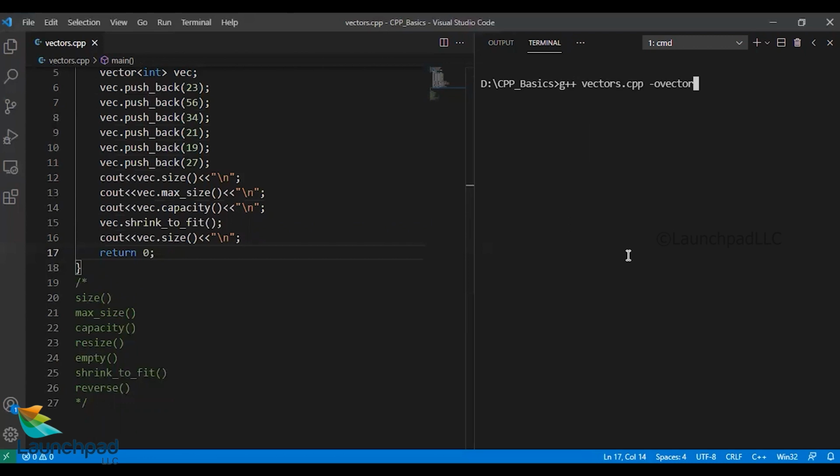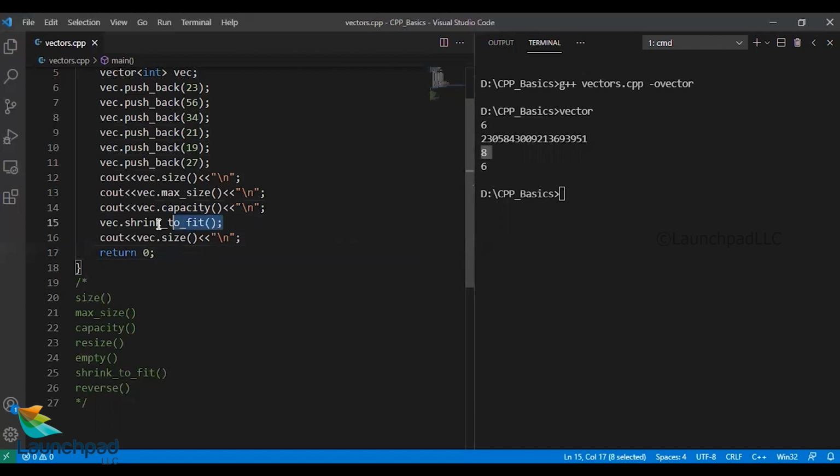Let's compile the file first, g++ vector.cpp -o vector. The compilation is successful. So let's run the file called vector. The initial size was 6. There were 6 elements, and the maximum size, as you could see, supports a much longer size compared to your conventional arrays. And the capacity is set to the nearest power of 2. The nearest greater power of 2 to 6 is 8, because the powers of 2 go 1, 2, 4, 8, and 16. So the nearest is 8.